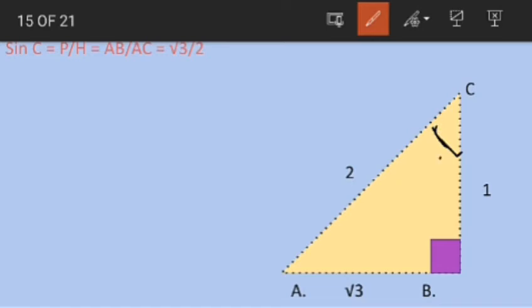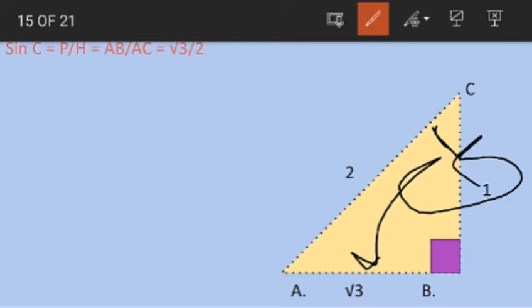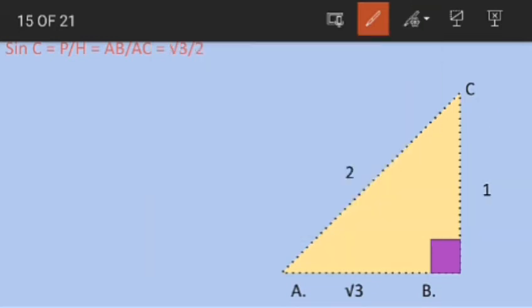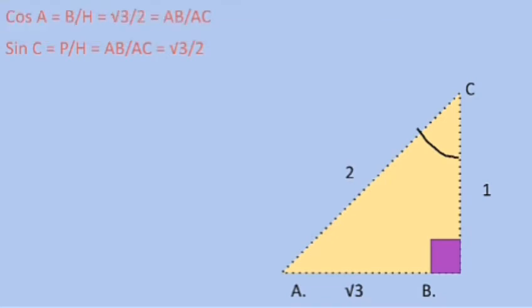So this time perpendicular is going to be AB and base is going to be BC, and hypotenuse is going to be AC. This is going to be hypotenuse, this is going to be base, and this is going to be perpendicular for the angle, some angle C. Okay, class. So for angle C, perpendicular is going to be AB, as I mentioned earlier, because this is the only opposite side to the given angle, and AC is going to be the longer side and hypotenuse.